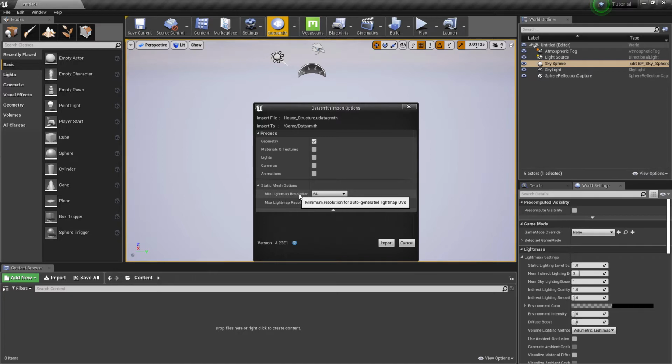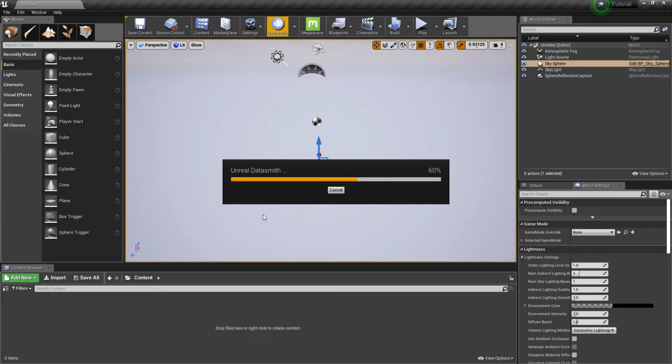Below we have some options for the 3D mesh. We can choose the minimum and maximum light map resolution that Unreal Engine will apply automatically on the assets. We can change this later if needed. Click Import.